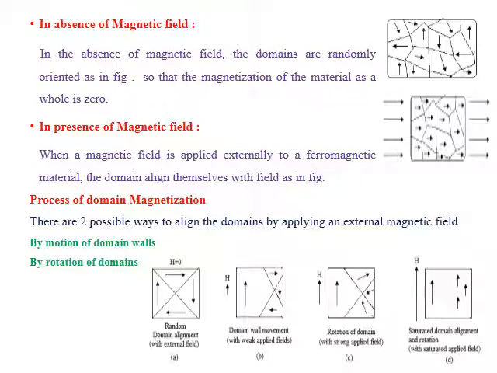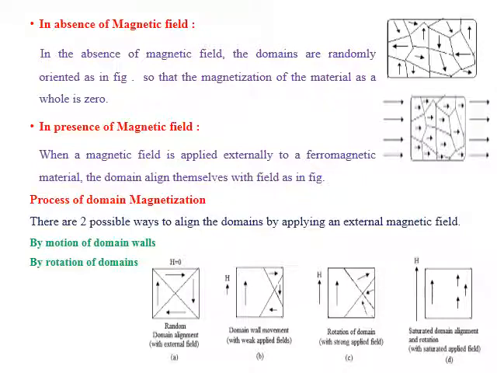You can see in the top diagram on the left that a large number of regions are separated depending on the orientation of dipoles, and each region is called a domain, where the orientation of dipoles is uniform. But when we cross the line, you can see a different orientation of dipoles. There is another domain having a different orientation, but the region which separates these two domains is called the domain wall, where you have a mixed orientation of dipoles.